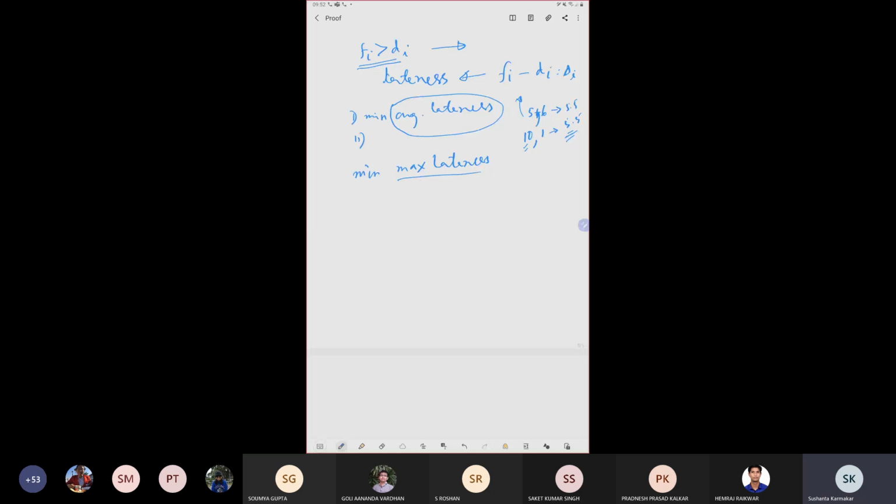So this is another version. What is the problem? I again iterate: instead of s i, f i, I have all the intervals coming in the form of t i, d i, where t i is the job duration and d i is the deadline. You have one resource only. And what is the objective function? The objective function is to minimize the maximum lateness.